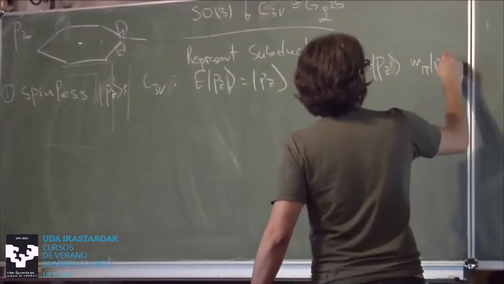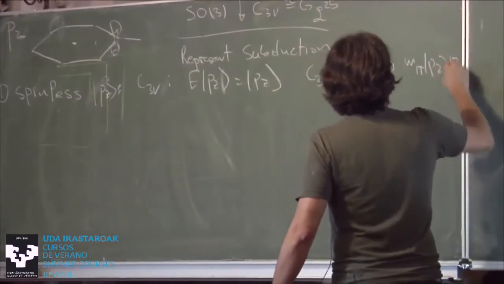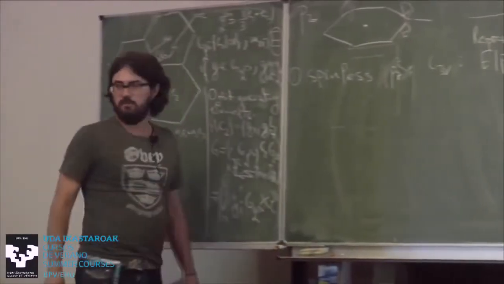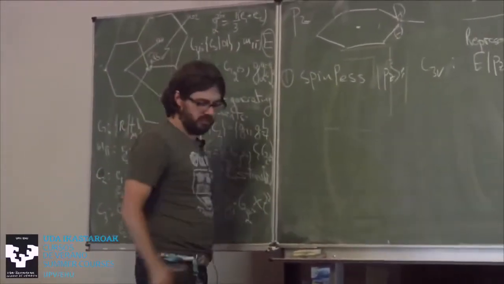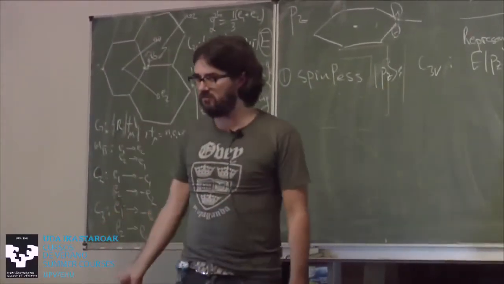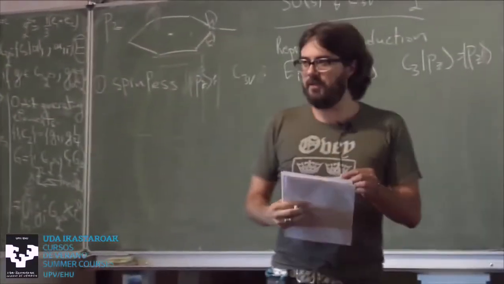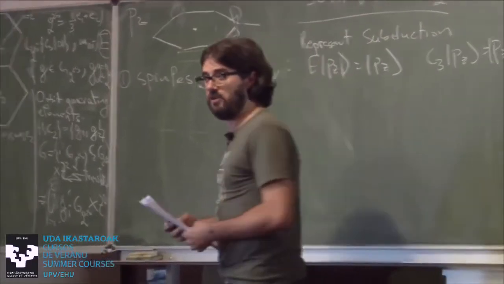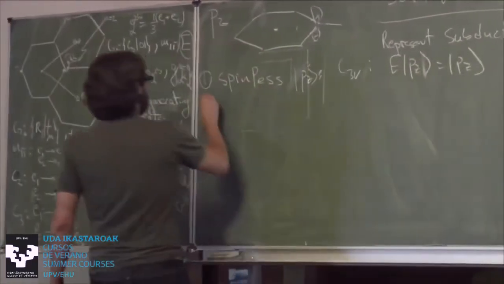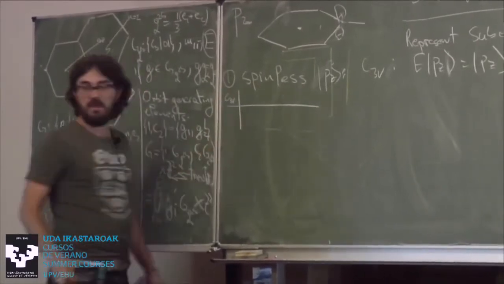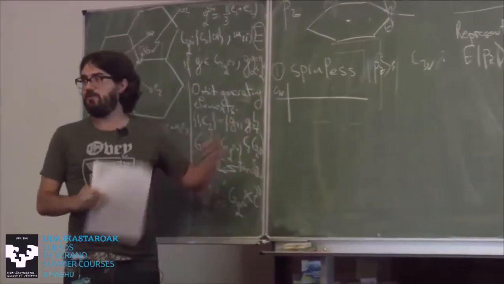for spinless. And of course, we will write these representations through their characters, and this is very important. The representations are just matrices. I'm not going to go through the theory of representations, but representations are just matrices, and they're uniquely defined by their characters, which are the trace of the matrix. So this, we're going to write the representation for C3V. And by the way, this C3V is a group.